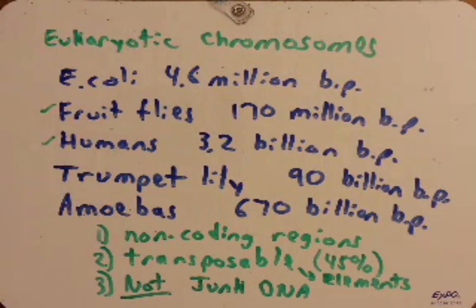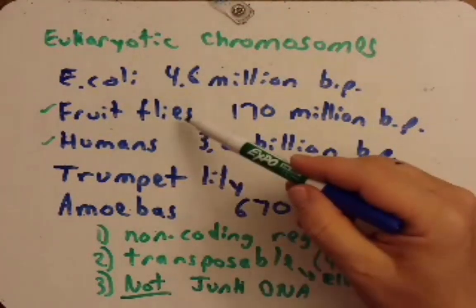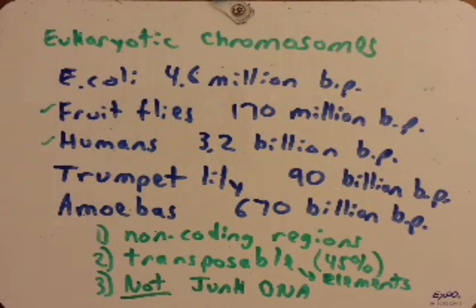There's a reason we have this DNA, and what we're discovering is that this DNA that many decades ago we called junk DNA has a really important function, and by and large is what makes humans different from fruit flies, and fruit flies different from E. coli. These non-coding regions are really, really important. Okay, I'll get off my soapbox now, and let's start talking about